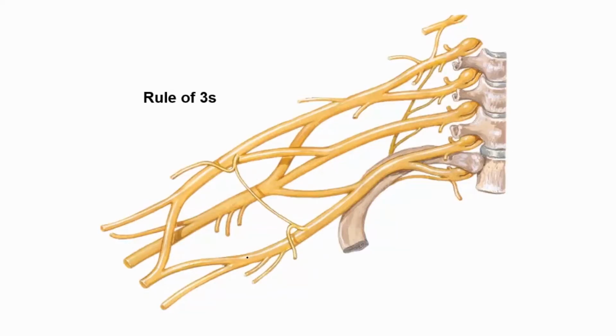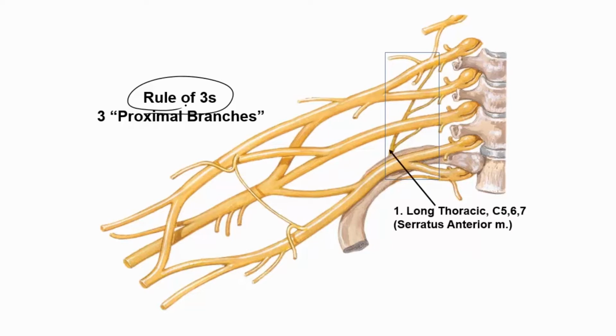The rule of threes that I used when I was trying to learn the brachial plexus, I think is very helpful. So we have seen the main branches like the radial and the axillary and the musculocutaneous, etc. So now we want to find some of the minor branches that we have. And again, using the rule of threes, it helps us get a sense of what those might be. So if we take a look at proximal branches, where the box is indicated, we have a very important nerve